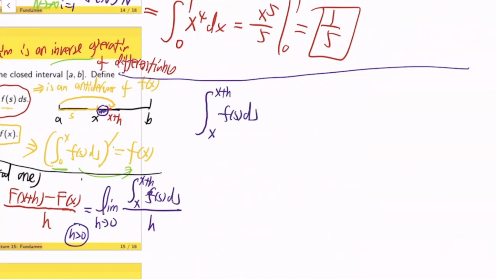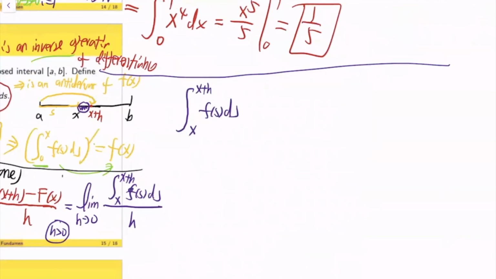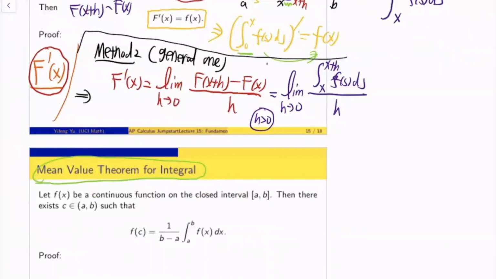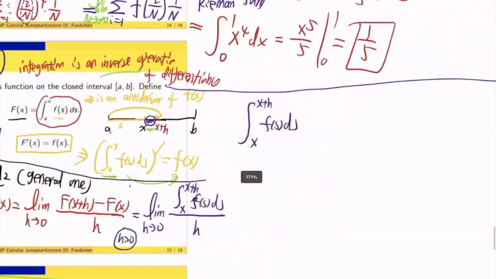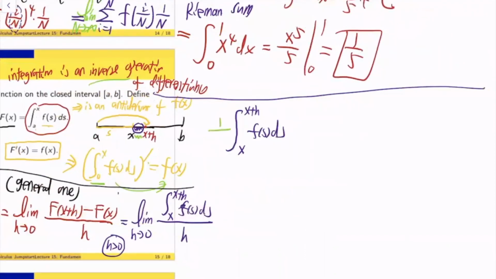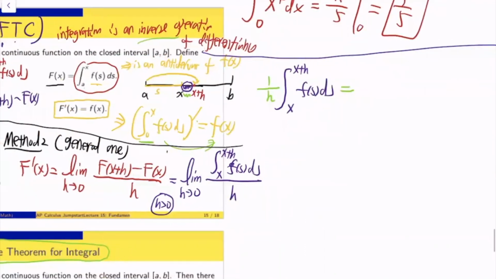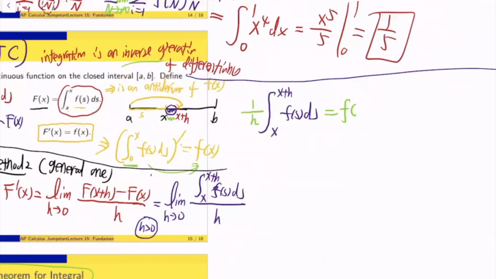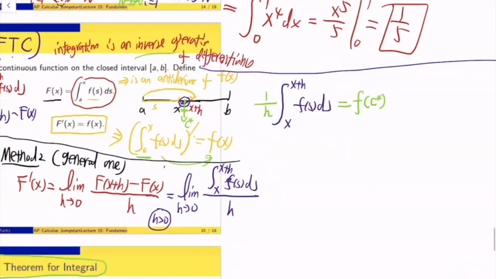Okay, so now we look within this small interval. Now we use the mean value theorem for integrals. It says, if you take the average of this, then by the mean value theorem for integrals, this will equal f evaluated at some point. I'll call it c star. C star is some point between x and x plus h, so f of c star equals the average. This is the mean value